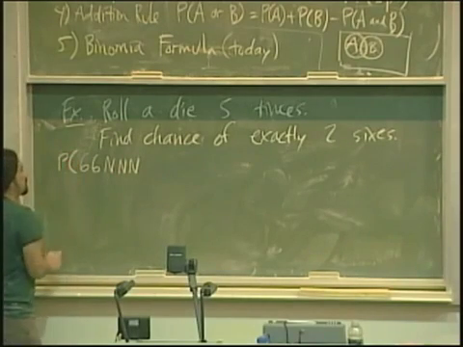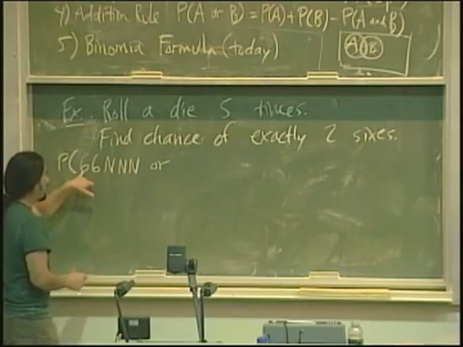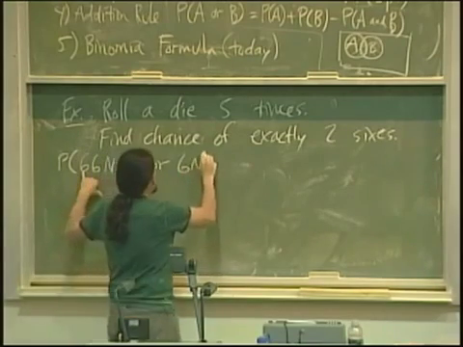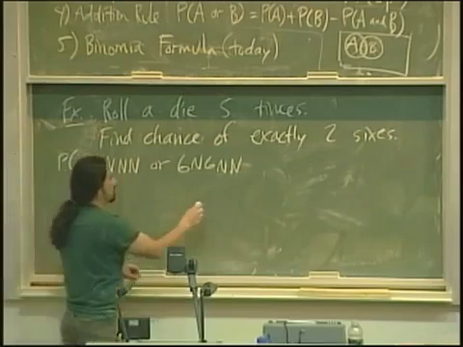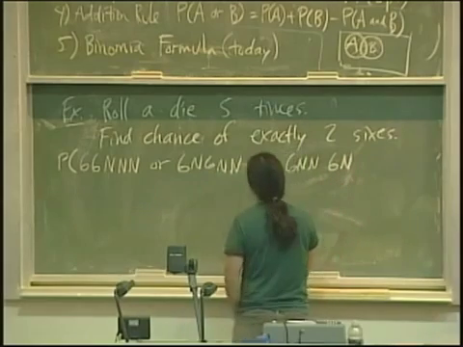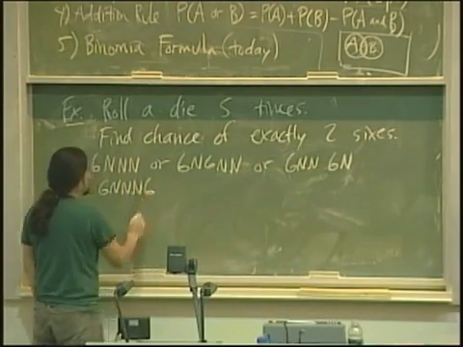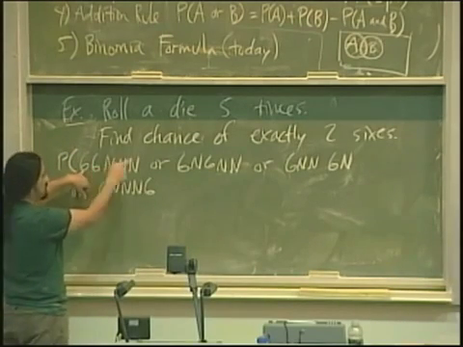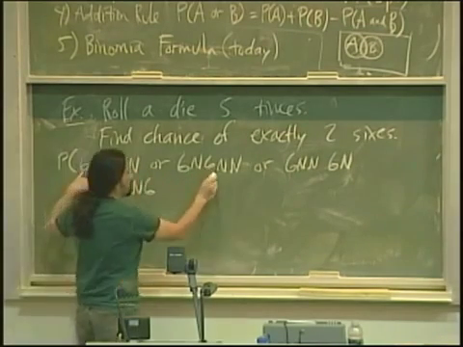Okay? So it's the probability of that. Or, well, I'm going to keep the first one as a 6 and then move this other 6 to all the possible spaces. So I have 6, not 6, 6, not 6, not 6. Right? Keeping that 6 there, moving the 6 over. Or 6, not 6, not 6, 6, not 6. Or 6, not 6, not 6, not 6, 6. Okay? So that's a list of all the ways that I could get the first one to be 6 and then get another 6 somewhere. So then, 6, and then the 6 could be the next one, the one after that, the one after that,